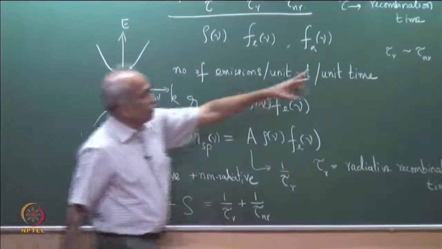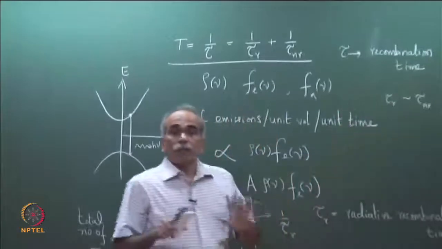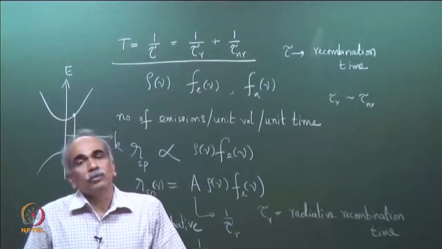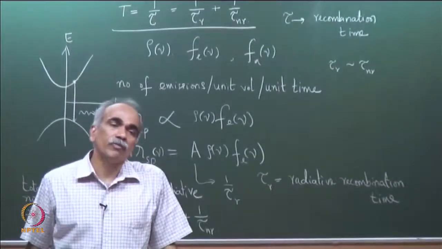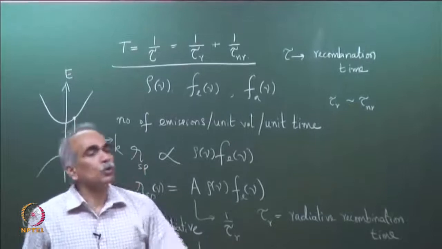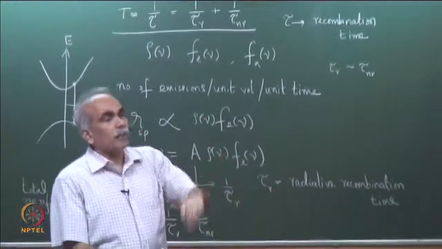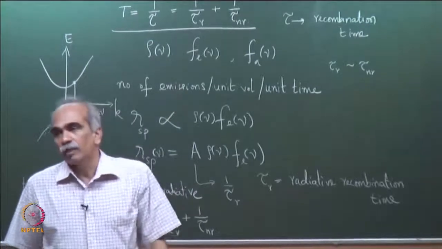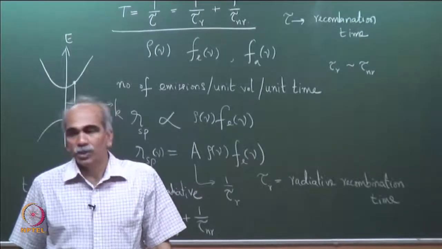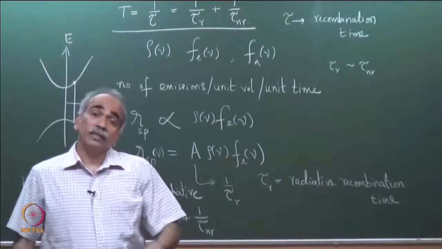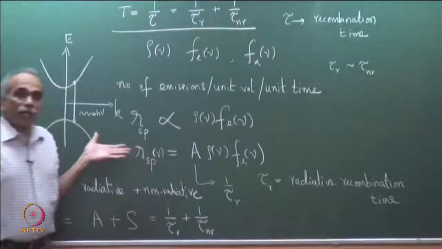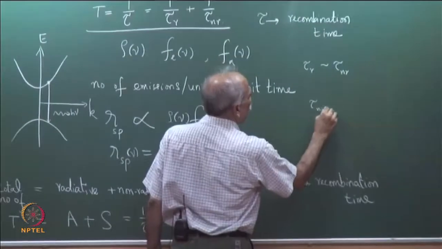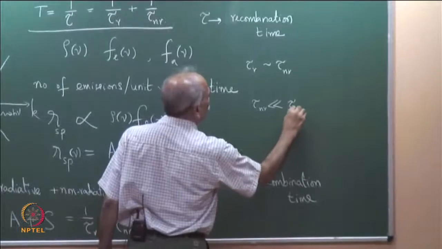Therefore, in a direct band gap semiconductor, the probability of radiative transitions is nearly equal to the probability of non-radiative transitions. Almost every electron combining with a hole has 50% probability of emission of a photon and 50% probability of no emission of photon. But in the case of indirect band semiconductors, tau nr is much smaller than tau r,